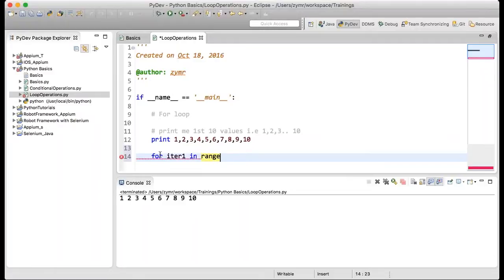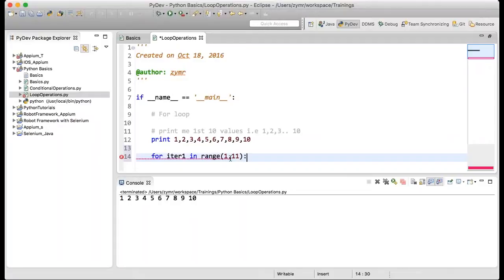If you see the help for range, it says you can give the start and stop values. So you have to give the particular range. I have to start from 1, and up to 10 is what I have to print, but I have to give one incremental value up to which it should execute, that is 11.